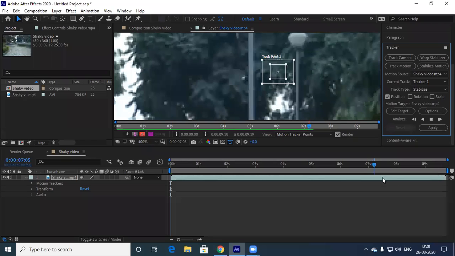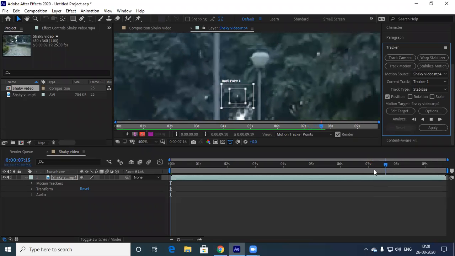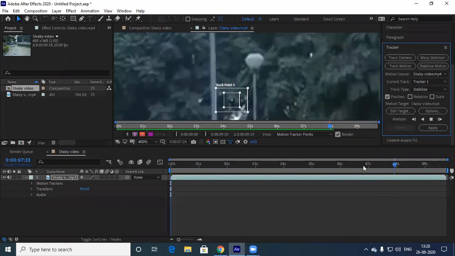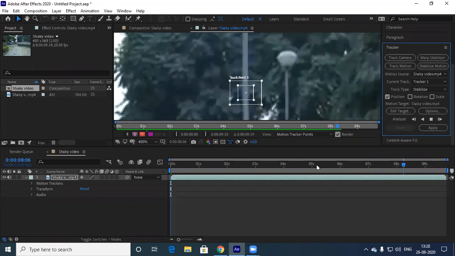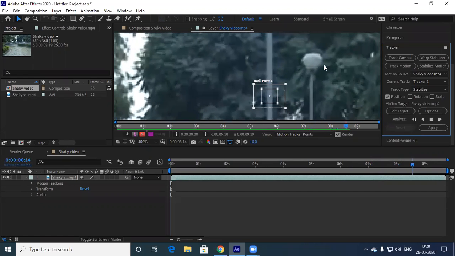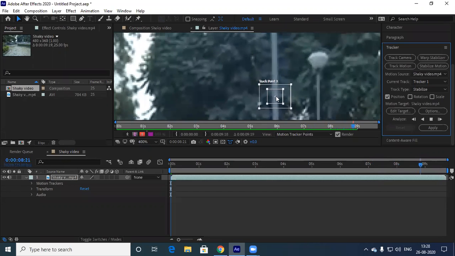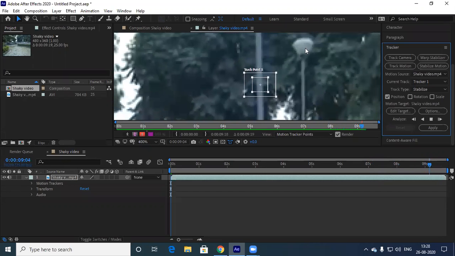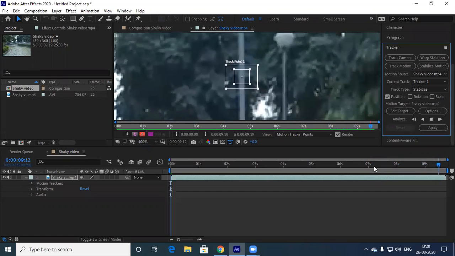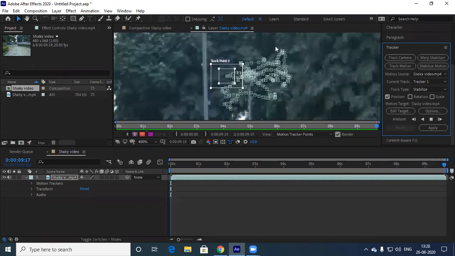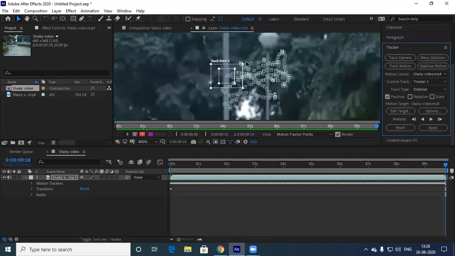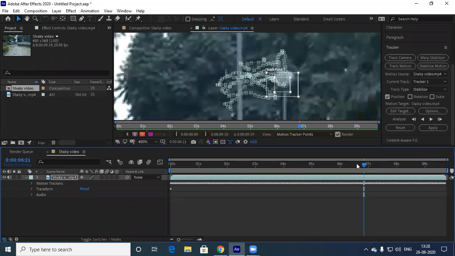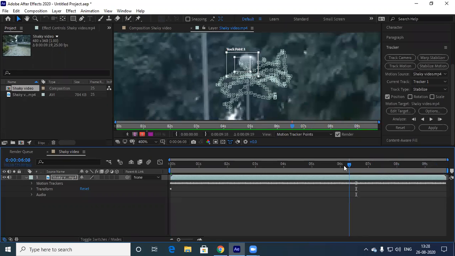Now there is a mistake. At the end somewhere here, it didn't work out. Up to 6 seconds it is fine. Why? Because it was tracking the color channel of this particular element. Somewhere in the middle, I think at 7 seconds, the same color channel was captured somewhere here. That's how the track point has moved. I think up to here it's fine.